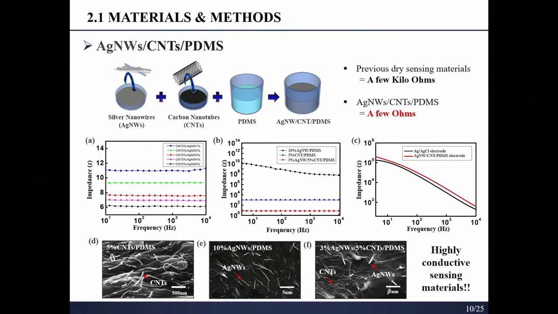Since the EEG signal's amplitude is quite small, the sensing material must be highly conductive and flexible. So I developed the silver nanowires CNT-PDMS by mixing silver nanowires and carbon nanotubes, which are highly conductive materials, with biocomfortable PDMS